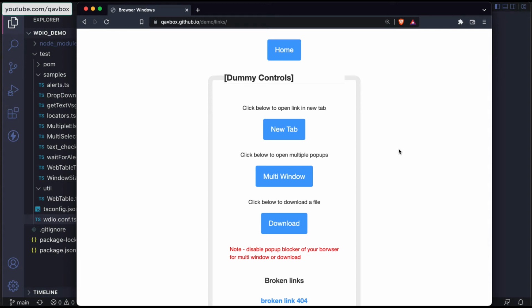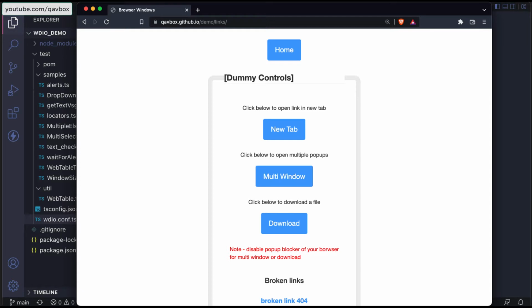Hello everyone, welcome back. So in this session today we are going to see how we can handle multiple pop-ups or multiple browser windows in webdriverIO. If you would have seen, there are certain instances where while you are automating something, you might want to do certain other options in a new browser window, or let's say that you are clicking on any link and that pops up multiple browser windows, or the link opens into a new window. Okay, so at that moment how will you handle it, because your browser is now handling the